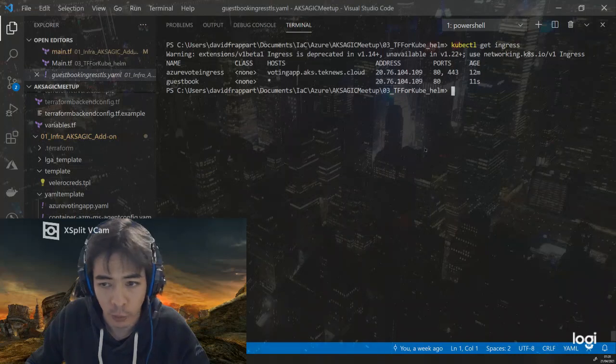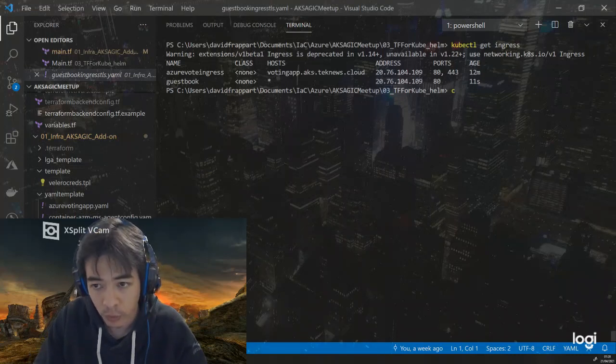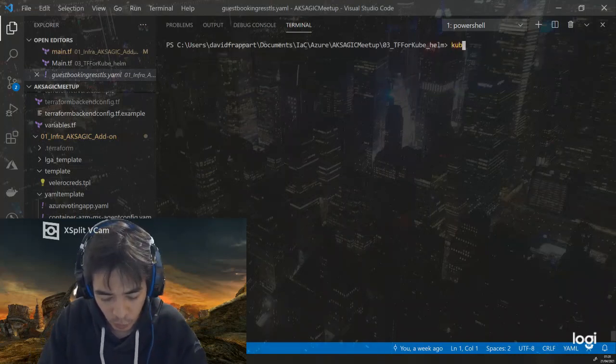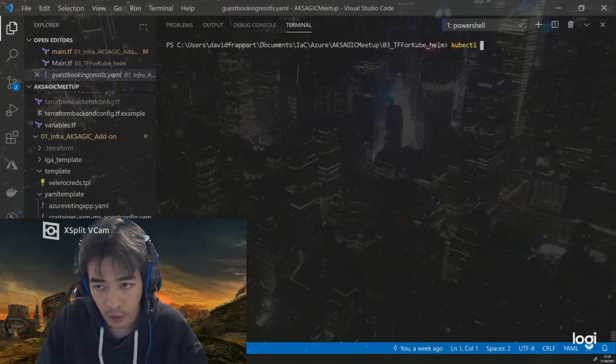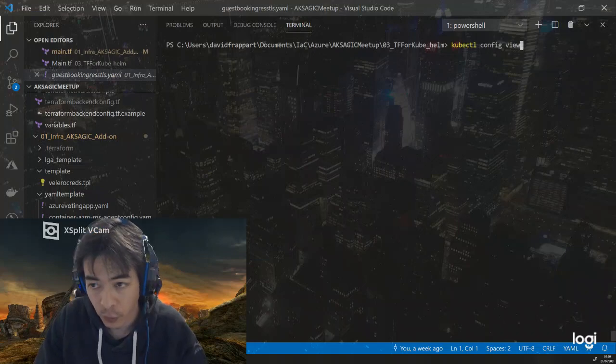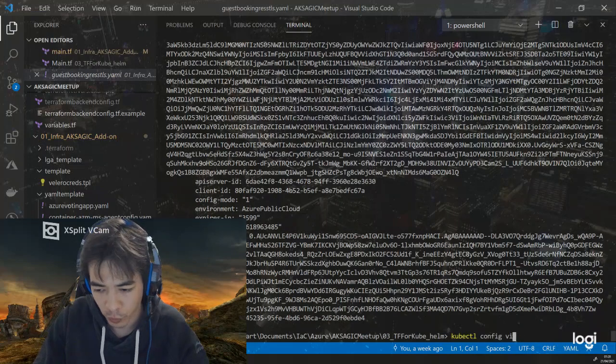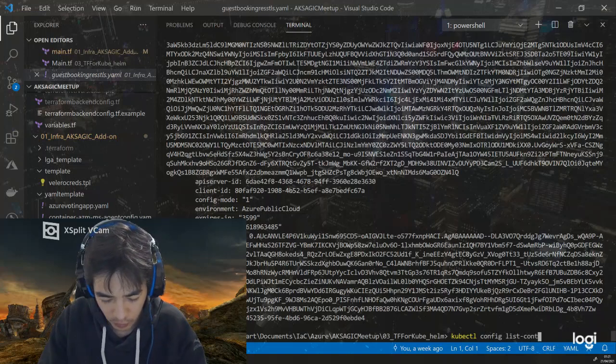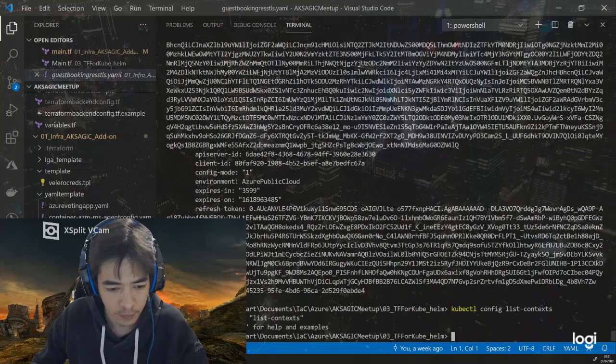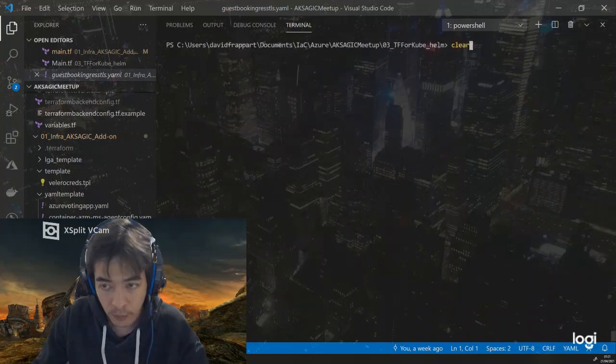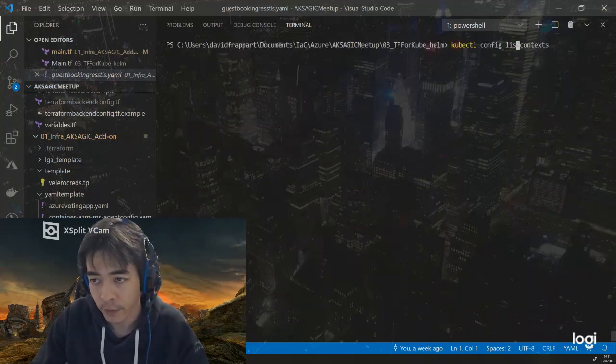For that, I need to switch to the other cluster. So let's do kubectl config view. No, not view, sorry. List context. This is not list, this is get.